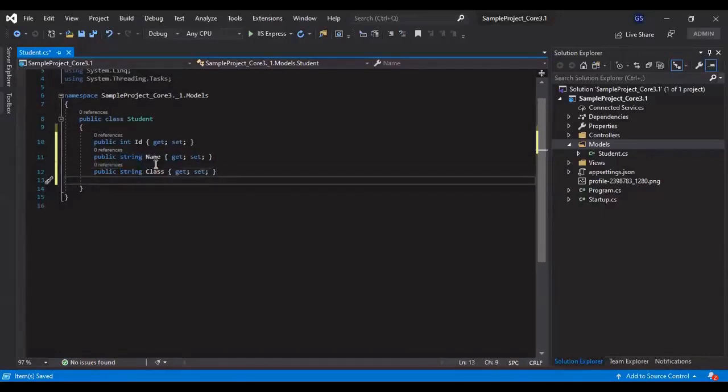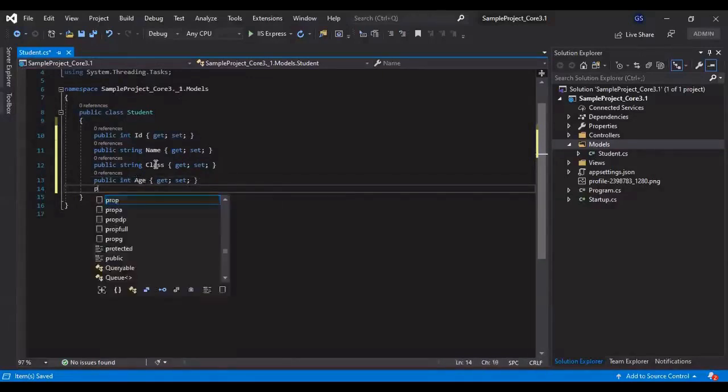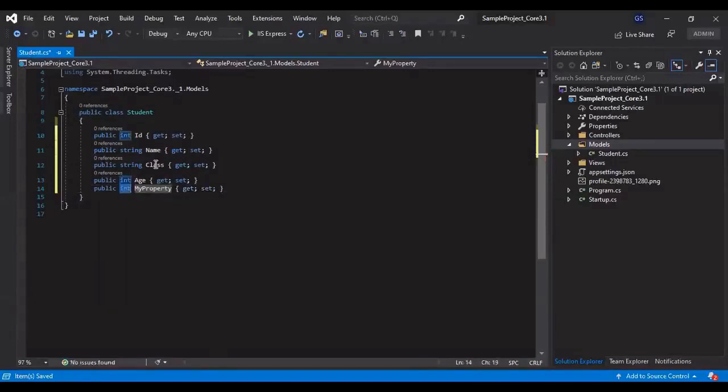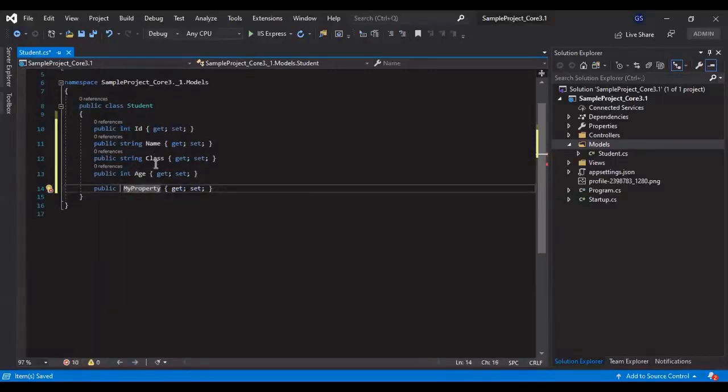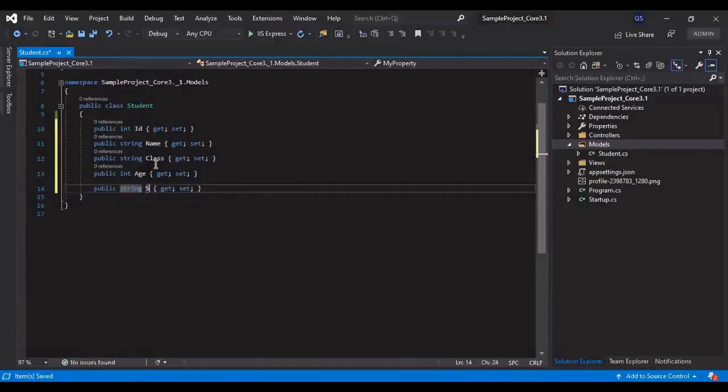Enter prop int. We need age. Enter prop. We need a school name. School is a string type, so we'll call it School.